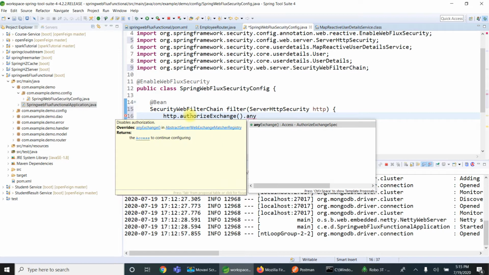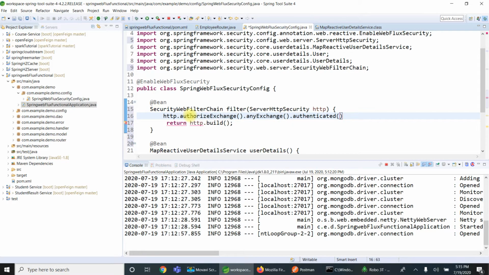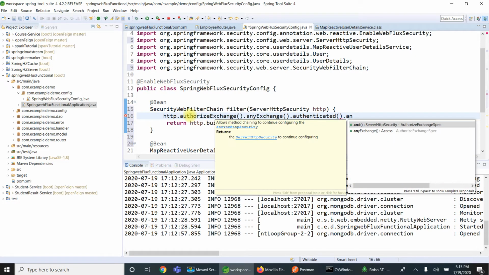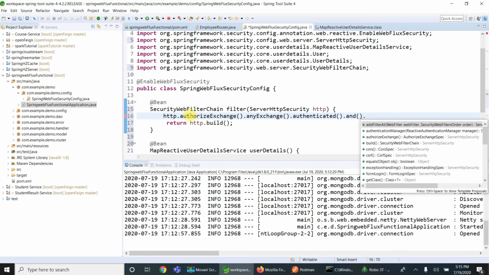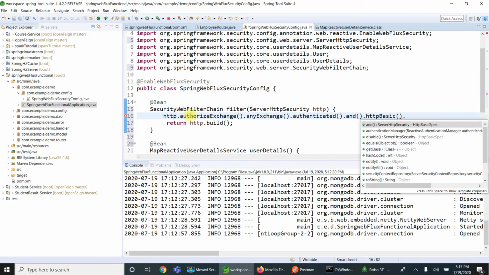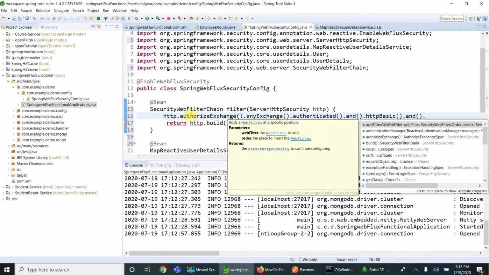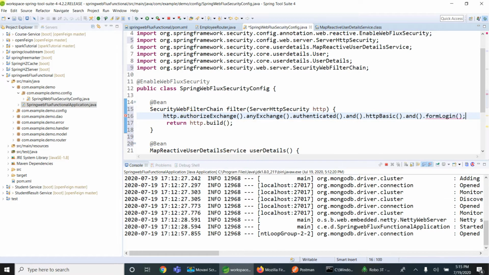Any endpoint I want to be authenticated, and we can do basic login or form login, httpBasic, and I can do formLogin also. This is the default implementation. Whether I add it or not, this will be done by Spring Boot for us.